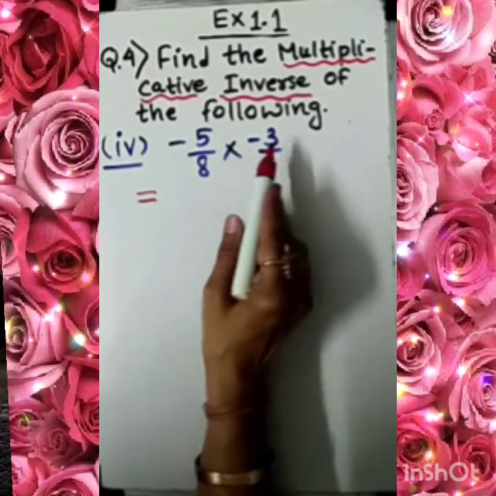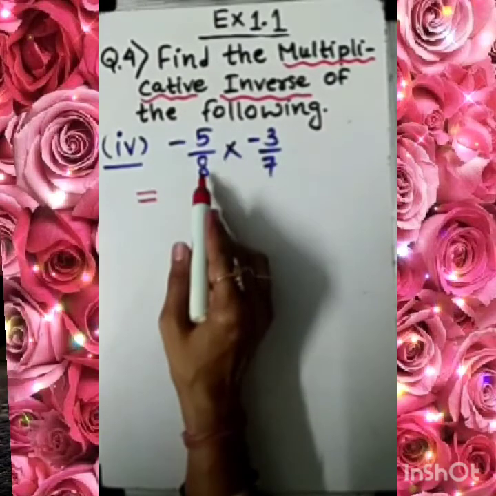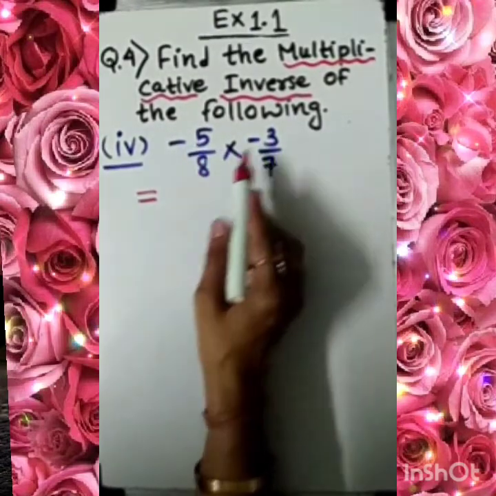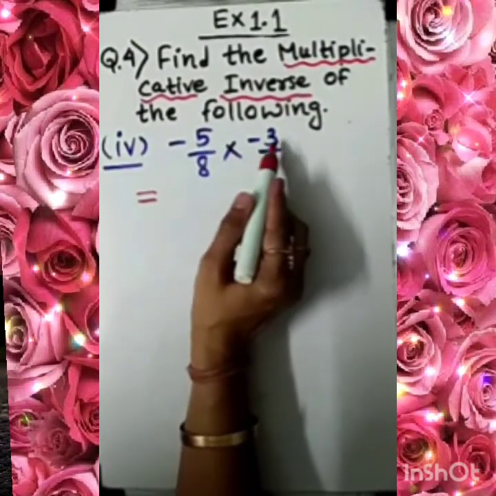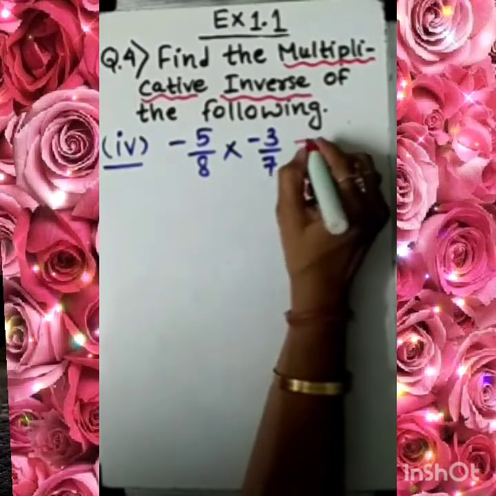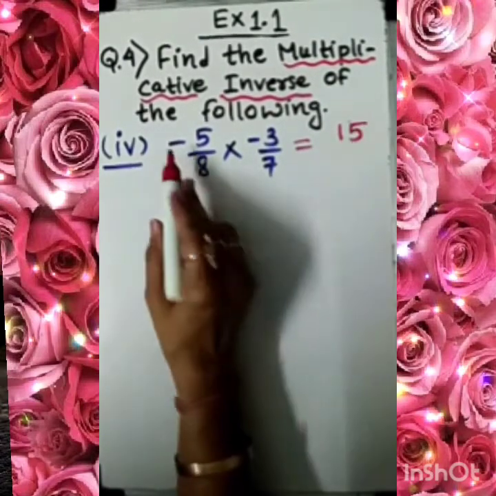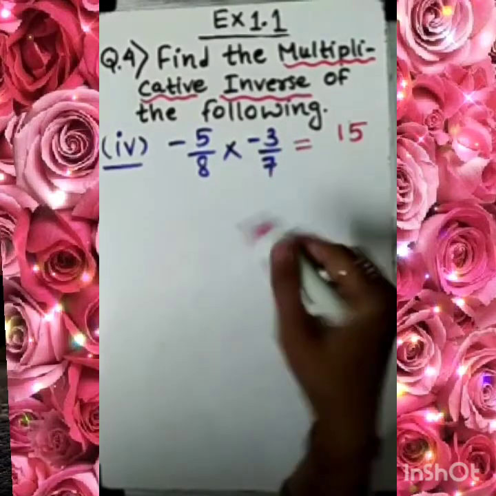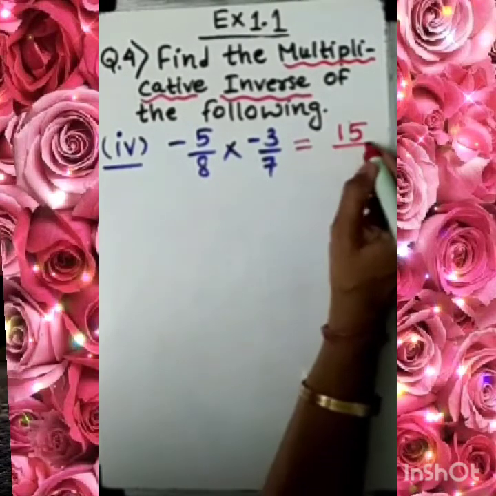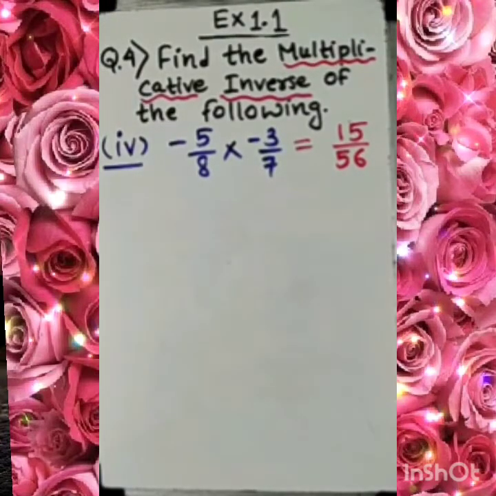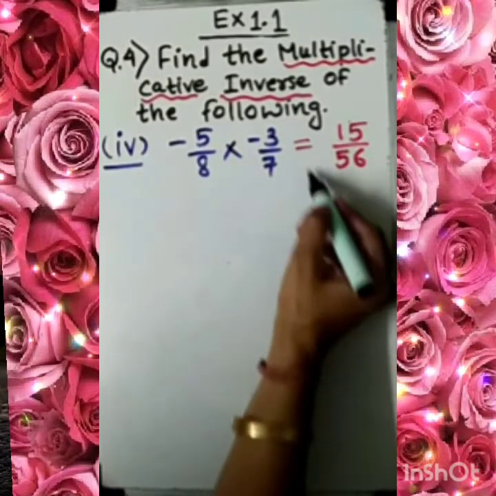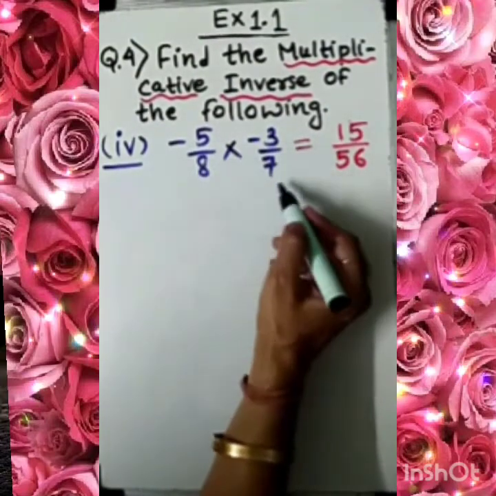First you find anything common in the numerator and denominator which can be cancelled. No, not at all. So simple. 5 times 3, of course, it is 15. And as we know that minus minus in a product will become plus. 8 times 7 is 56. So 5 times 3 is 15 and 8 times 7 is 56. There is no common factor.